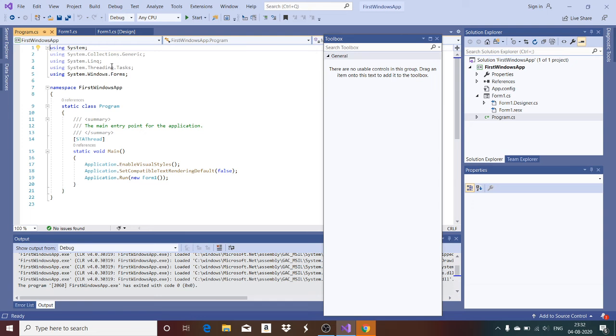So this is the main program that we are going to have, and I hope all of you can recollect the events application demo program we have done when we talked about delegates and events.